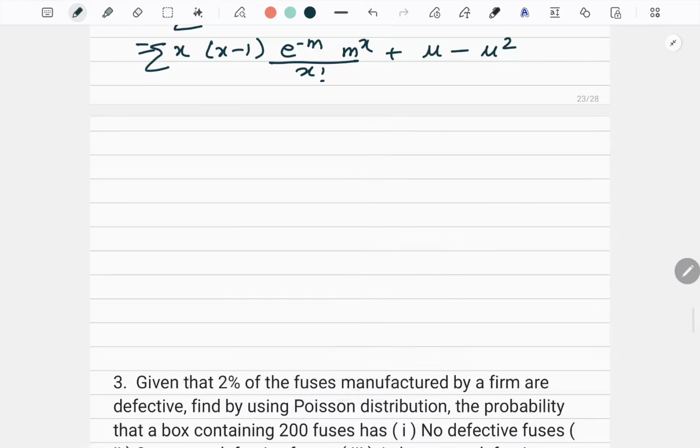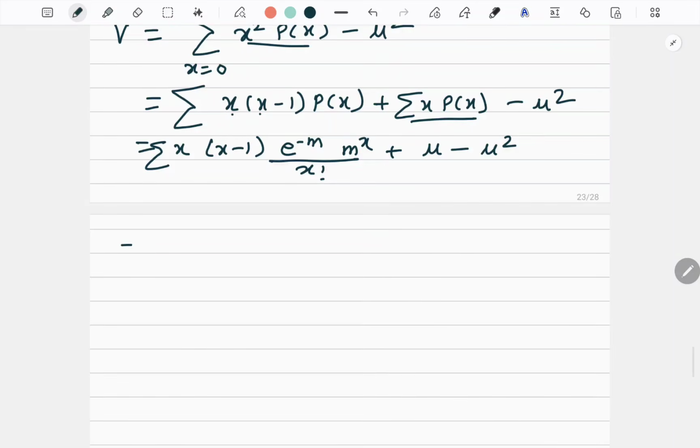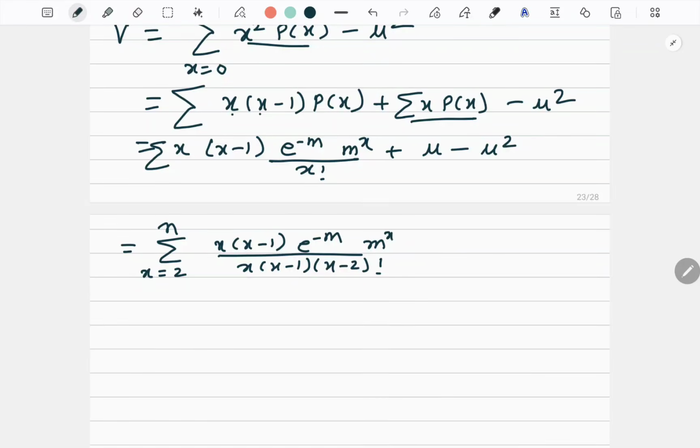Okay. So let's continue with our derivation. Now this is equal to summation, and as I told you, whenever you open this factorial, you have to change the summation limit. Now it will be from x is equal to 2 to n, because negative factorial I can't define. So x minus 1, e to the power minus m, denominator x minus 1, x minus 2 factorial, m to the power x minus 2, and m square, because these two combined will form m to the power x, plus mu